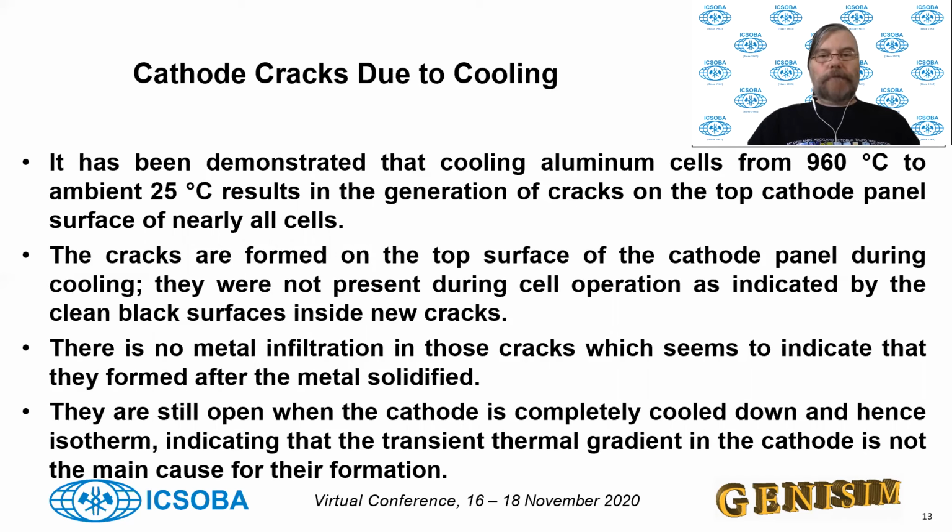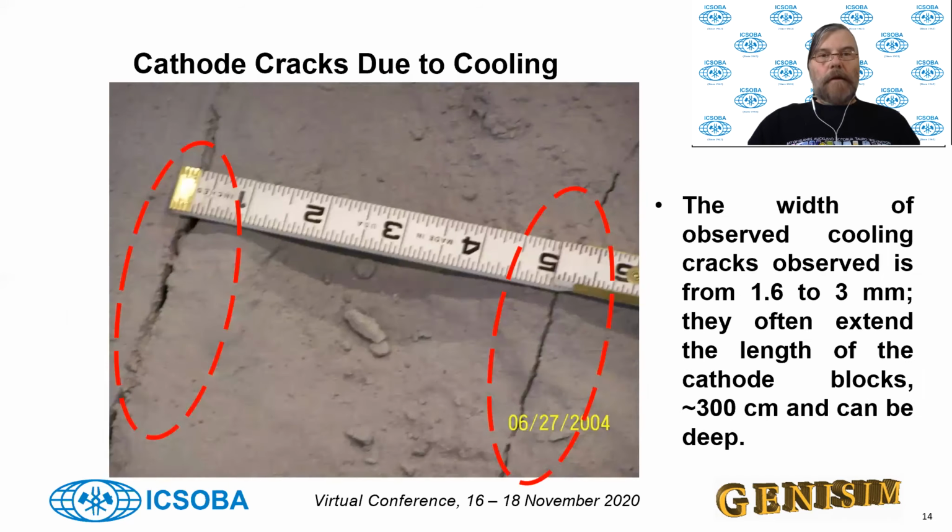They are still open, and there is no sign of metal infiltration, so they are most probably occurring during or after the phase transition of the metal. They are still open at ambient temperature, like we can see on the left, about 3 millimeter wide opening, an indication that there are still some unresolved stress in